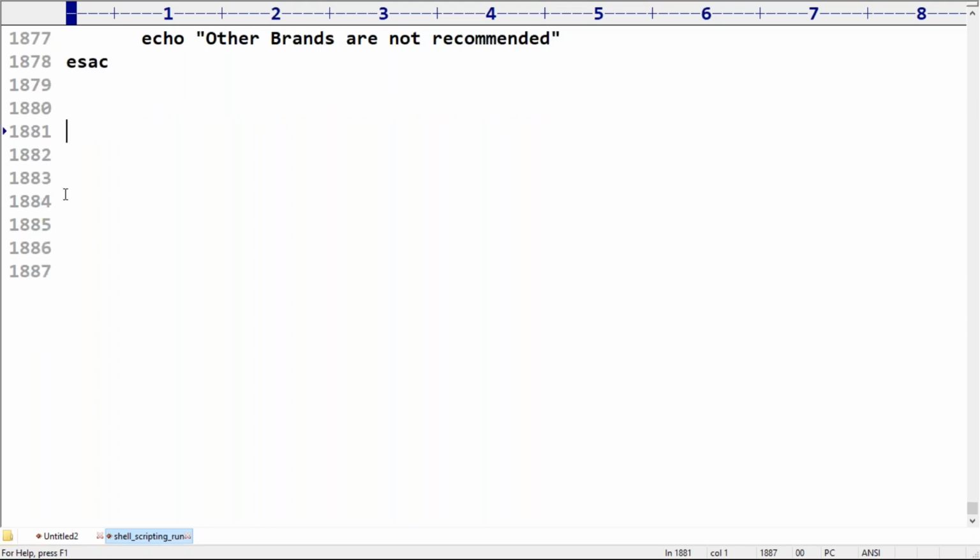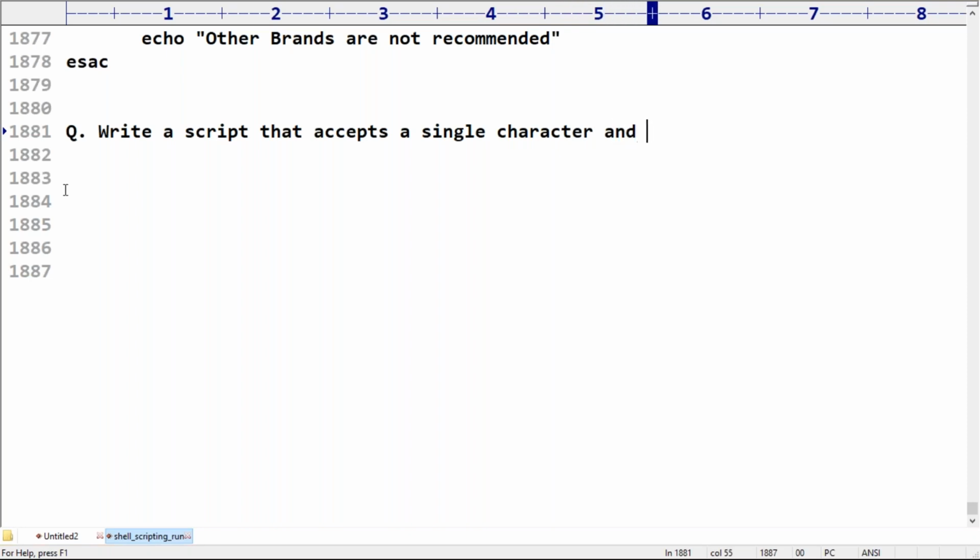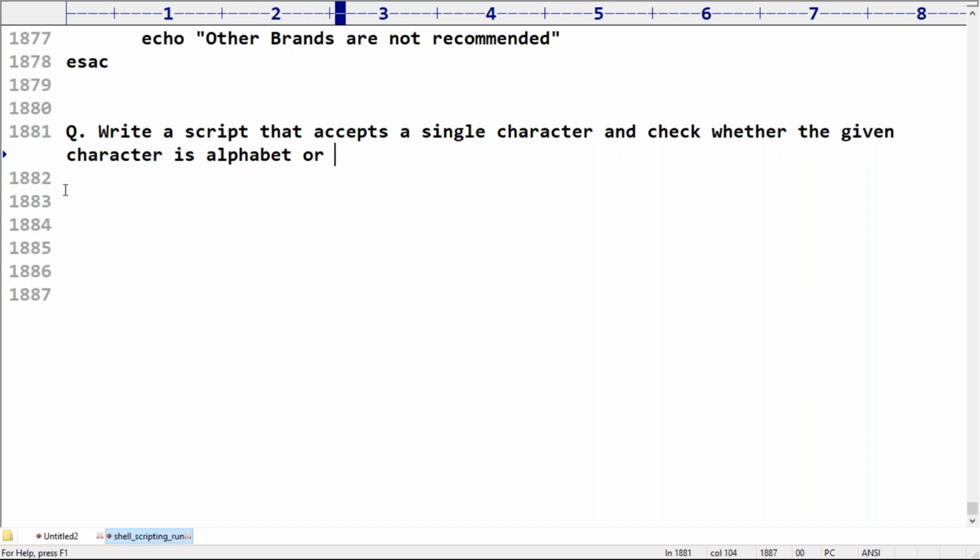Clear, right? Okay, now just let me go for one more example. Write a script that accepts a single character and checks whether the given character is an alphabet symbol, or a digit, or a special character.